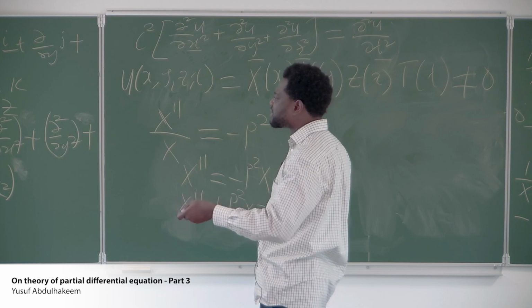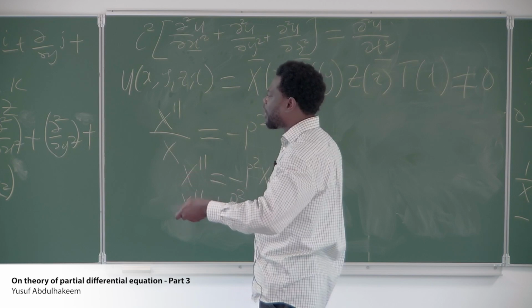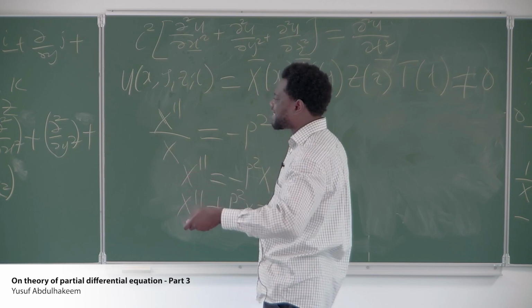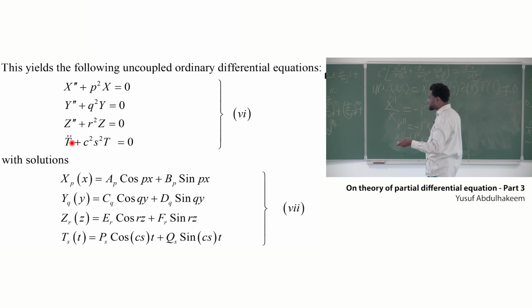Then we solve each and every one of these equations. On solving each and every one of these equations, we are going to obtain this as their solution. If you look at it, this one actually depends on t. That is why you see it has a T-dot-dot, to show that its independent variable is time, not a space variable like these other ones. So these are the solutions to these differential equations. They are the ones we have here in equation 7.